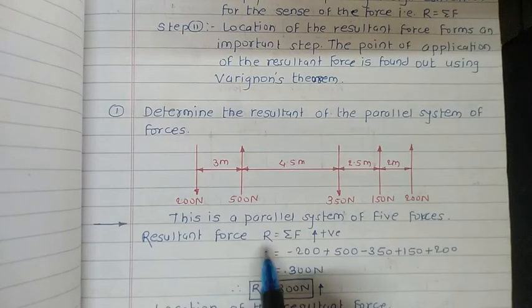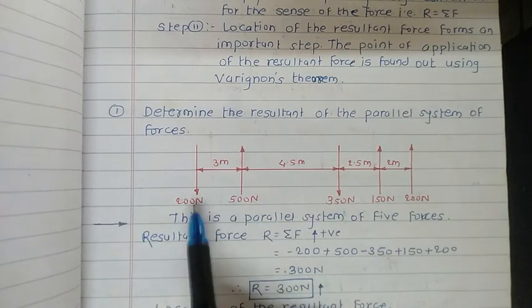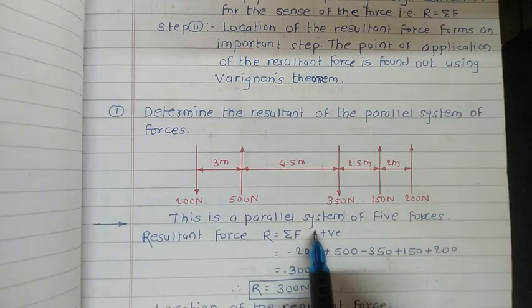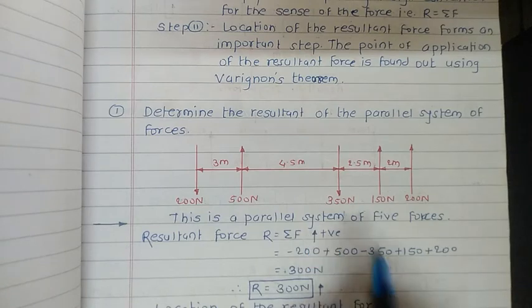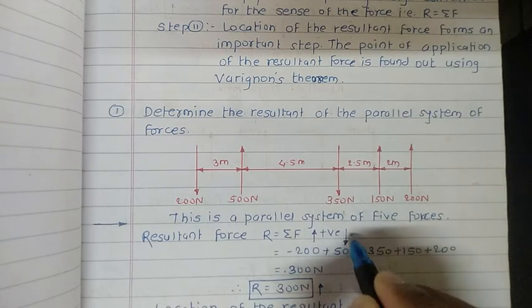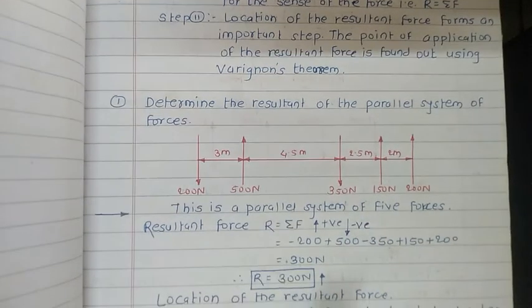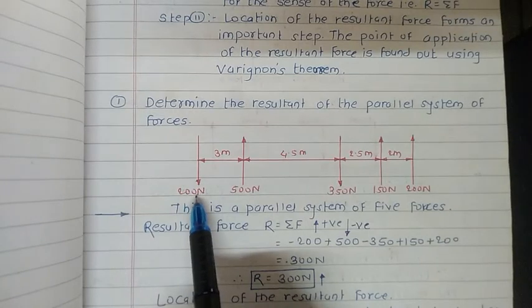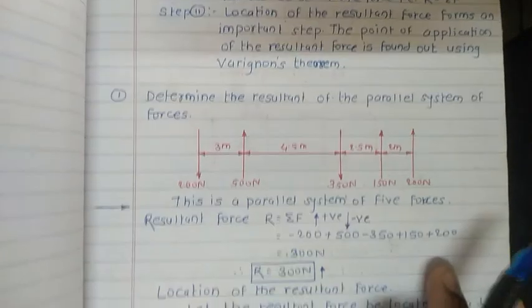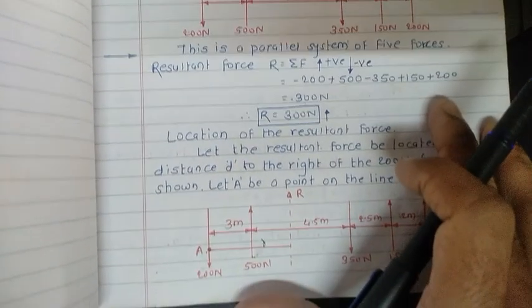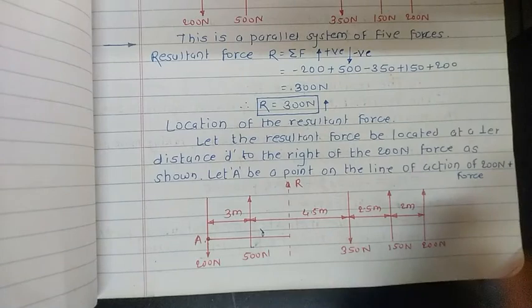As per our previous discussion, the resultant is nothing but the addition of all the forces by considering the sign convention. Whichever forces are running vertically in the upward direction, you need to consider as positive, and whichever forces are running vertically in the downward direction, you need to consider as negative. First of all, redraw this diagram for the answer. This diagram is already drawn here. Redraw this diagram as it is.